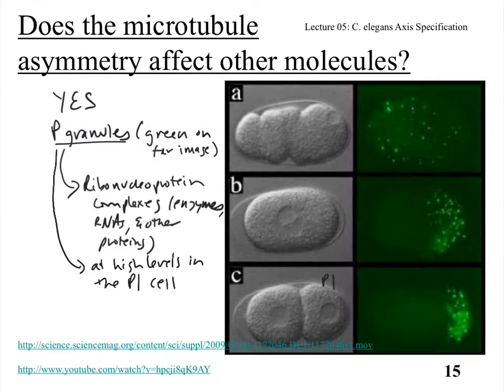So this is the P1 cell and this is the AB cell. That means that anterior is on the left and posterior is on the right. You can assume that for these images. And just to write down the word that I mentioned for P granules, these are punctate, kind of polka dotted in their localization